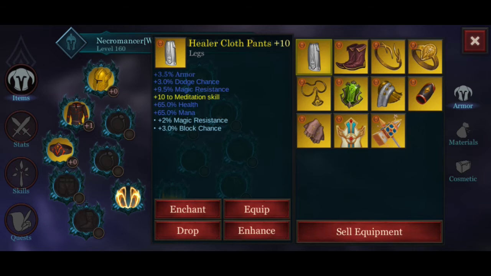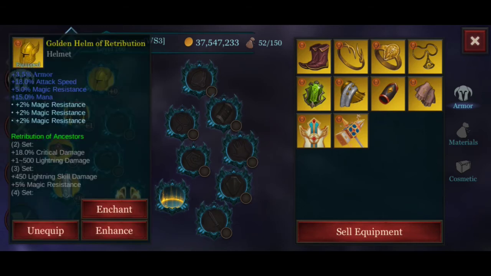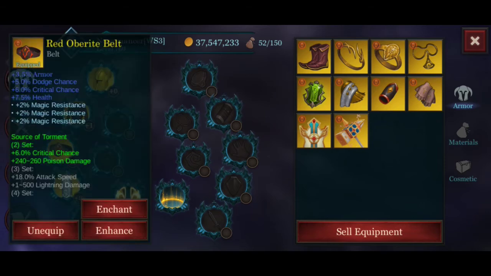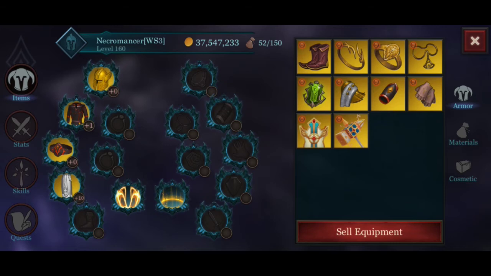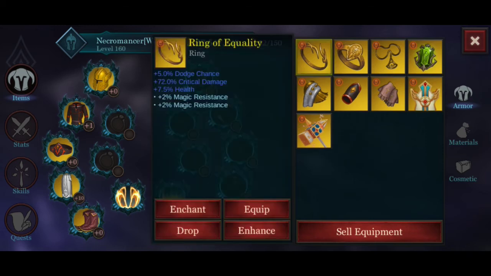So we have our Healer Cloth Pants, plus 10. By the way, you should prioritize this item, but before that, yes, we have our Healer Cloth Pants, plus 10. As you can see, you should observe what I have on these slots. We have a total of 6 magic resistance, 2 magic resistance and 3% block chance, and of course our boots with a total of 7 magic resistance, and Ring of Equality with a total of 2 magic resistance,